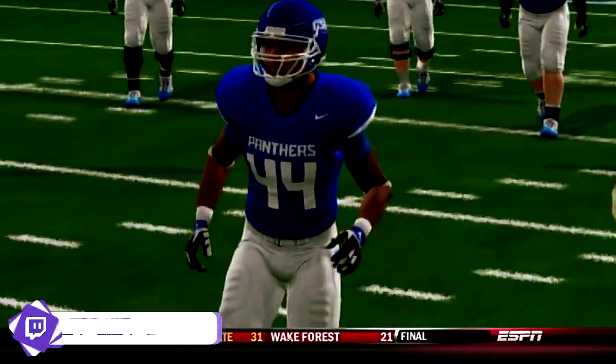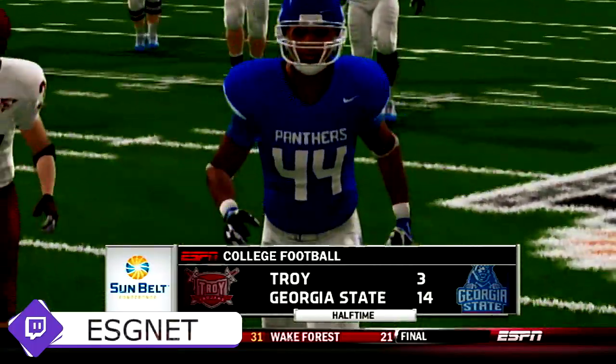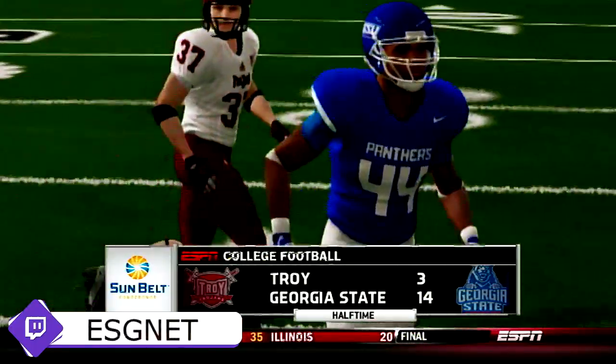Ball on their own 23. We're halfway through, and it's been a good one. Georgia State's in front by...